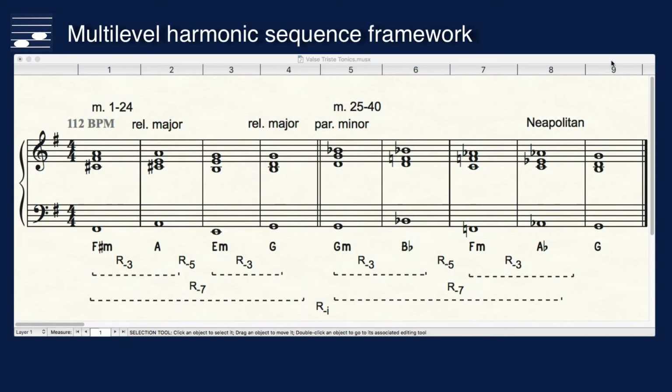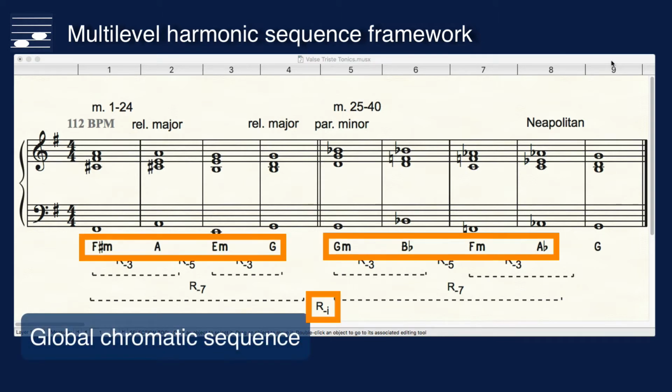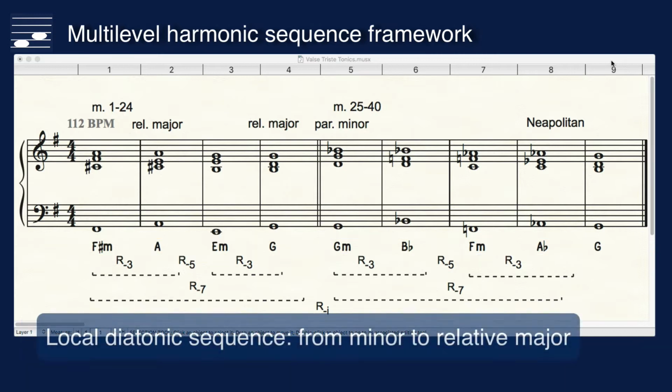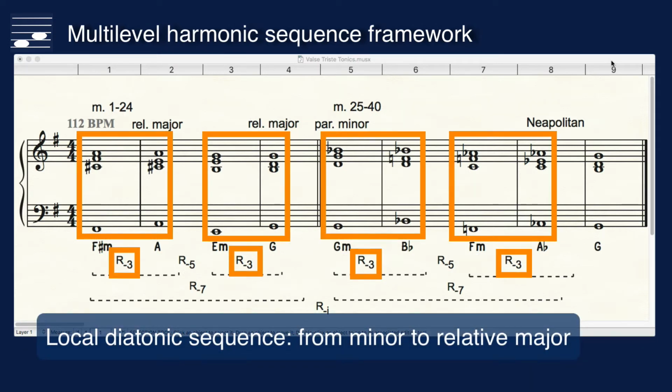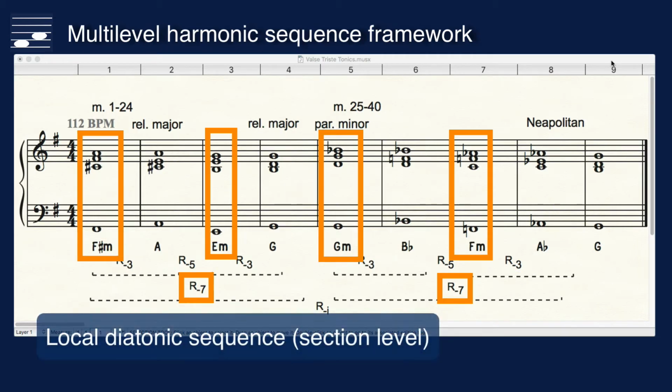Let's write these intermediate key tonic chords in staff notation as shown here. The multi-level harmonic sequence is shown with root cycle symbols below the staff. At the global level of this framework we see the chromatically ascending semitone sequence. At the local level we find the four diatonically related minor-major pairs with root cycle R-3. Two of such pairs are connected through an R-7 root cycle, an ascending leap of a diatonic 7th, or equivalently